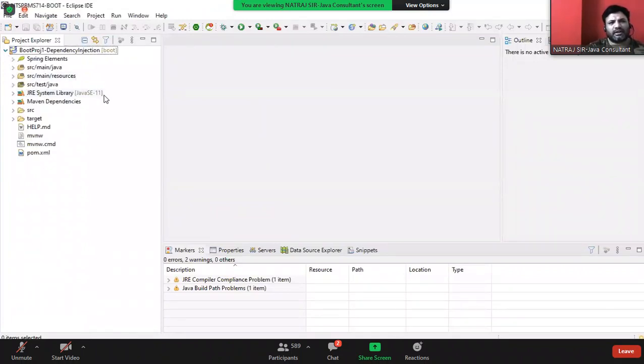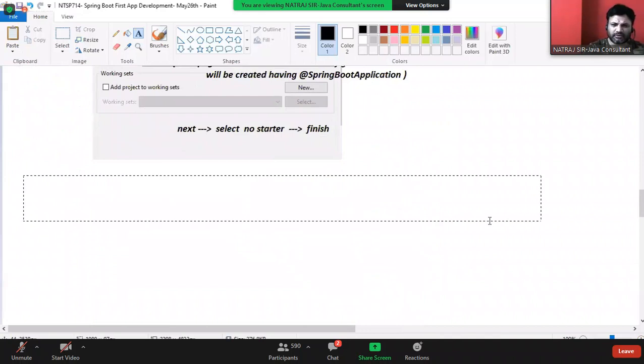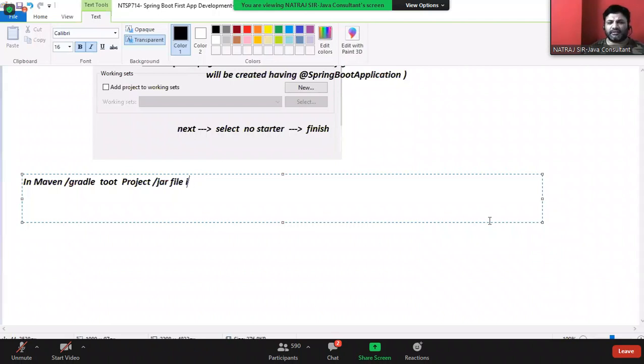Right. Listen, these are the various things that we got, guys. But before getting into that, let me say one thing, boss. In Maven or Gradle tool, guys, a project or jar file is identified